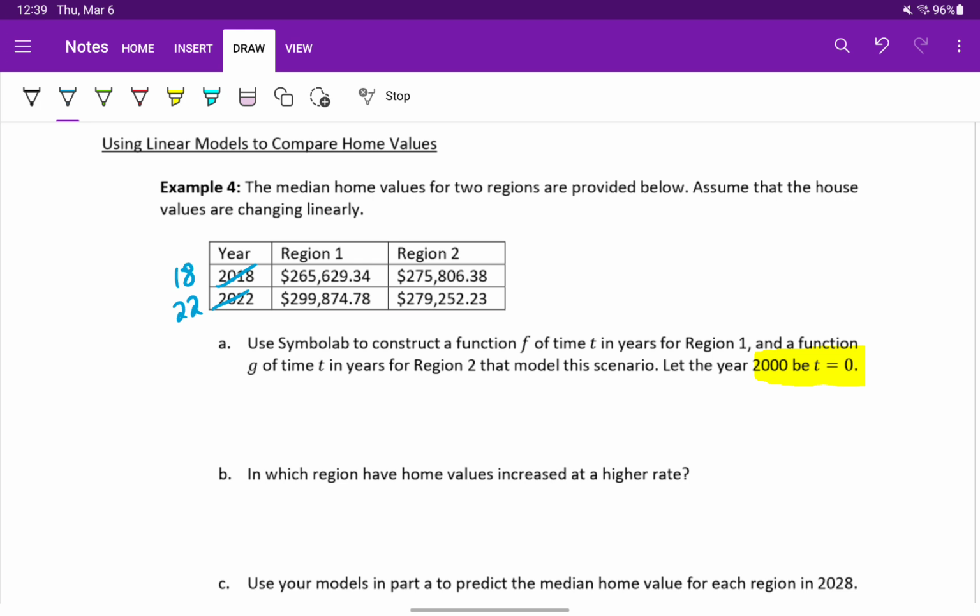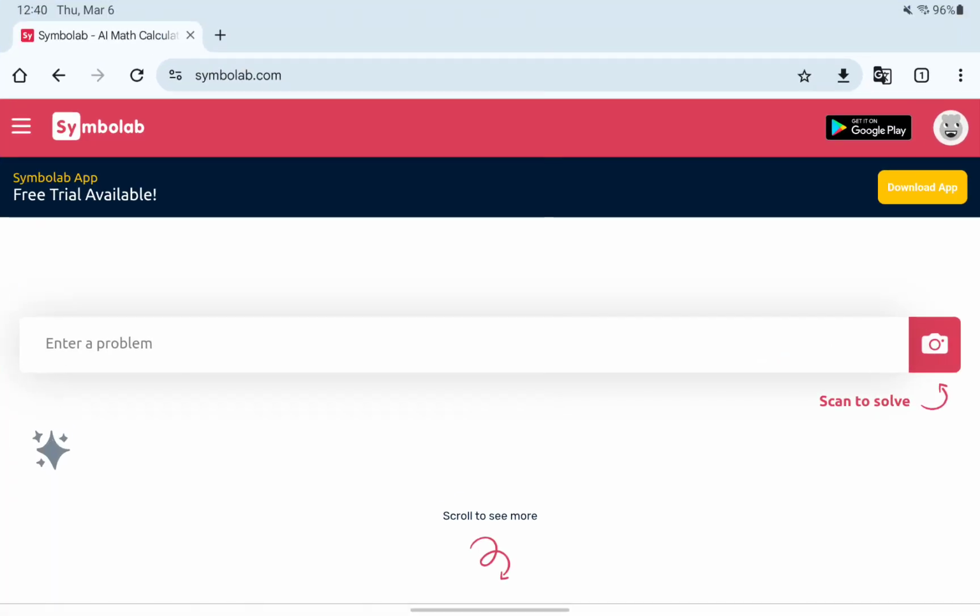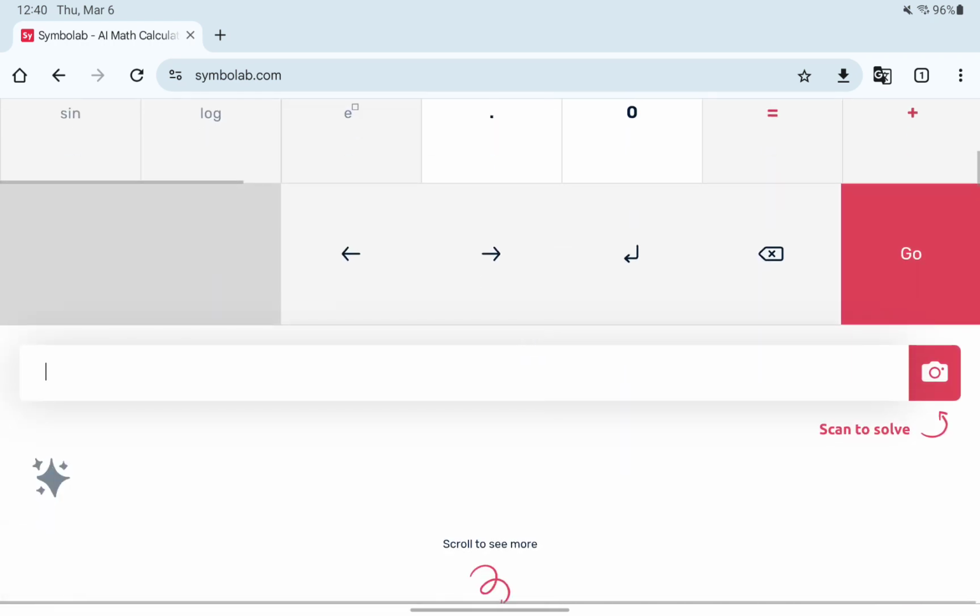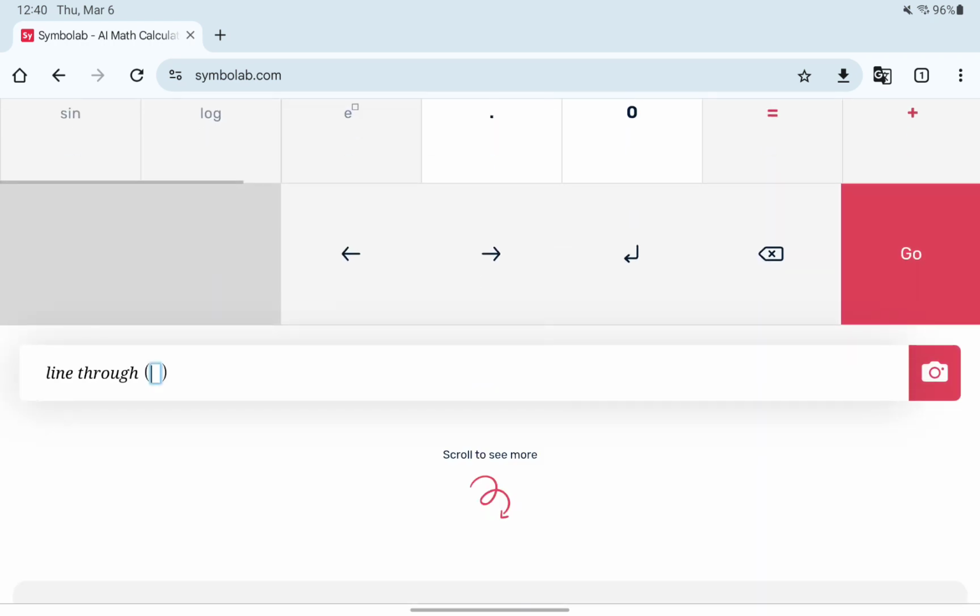Then what we need to do is look at our table and make sure we're pairing the right values together. Our first model should be for region 1, meaning we want to look at the values in that column for region 1, and then for our second model, we'll be looking at those values in the column for region 2. So taking each year, which has now been adjusted to years since 2000, paired with the median home value, gives us our two coordinate points for each region, meaning we can turn over to Symbolab and construct a line through those 2 points. First for region 1,